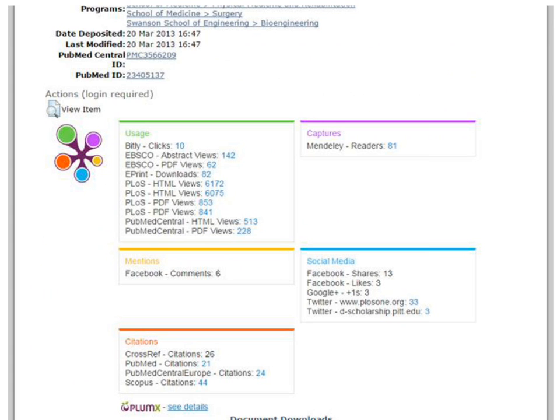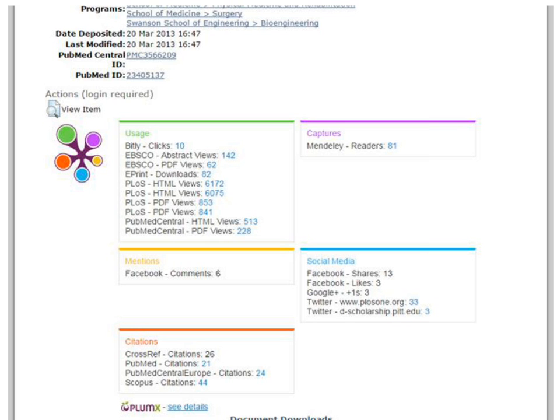You can see that this particular article is already highly cited by looking at the citation section in red at the bottom of the PlumX display. But you can also see many other metrics that show that the article is heavily used and downloaded. 81 Mendeley readers have bookmarked it, and people have tweeted about it and talked about it on social media.